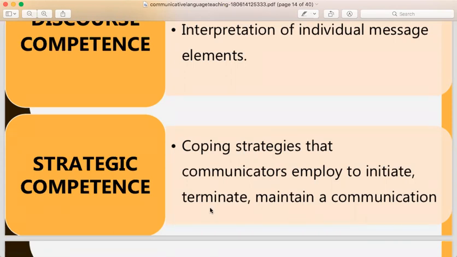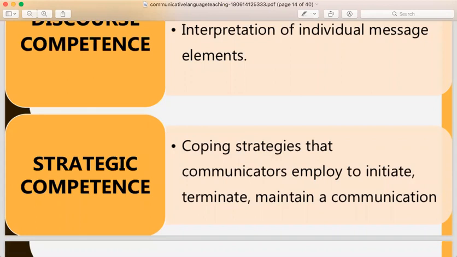We do not just inquire about the health of that one individual, but we inquire after the whole family, which is not the case in other cultures, okay. So this also comes in strategic competence, that you need to know how you can start a conversation, what you can ask from a person, okay. In our culture,